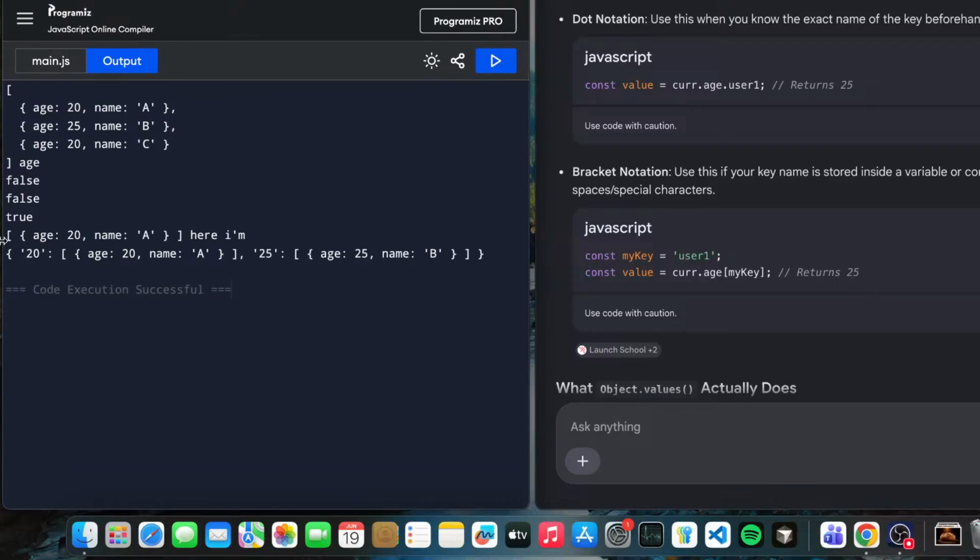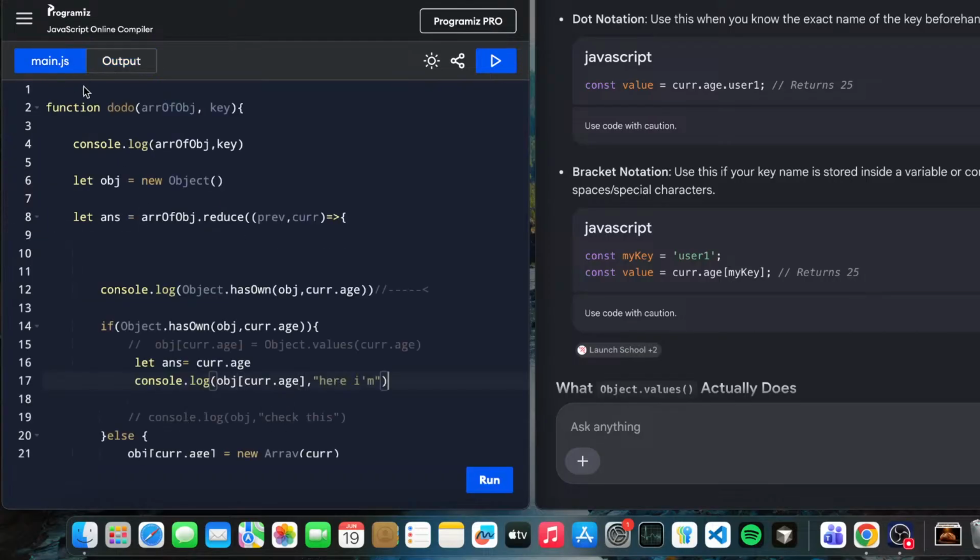Okay, finally got it. Which means this has given the array. In this array I have to just push. If I found this here, which means object dot array dot age equals to